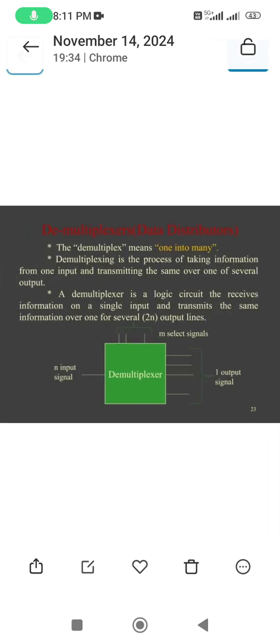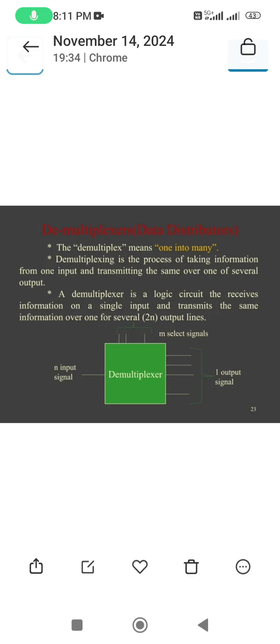Demultiplexer means one into many. Demultiplexing is a process of taking information from one input and transmitting the same over one of several outputs. A demultiplexer is a logic circuit that receives information on a single input and transmits the same information over several output lines. If there are n select lines, there will be one input signal line